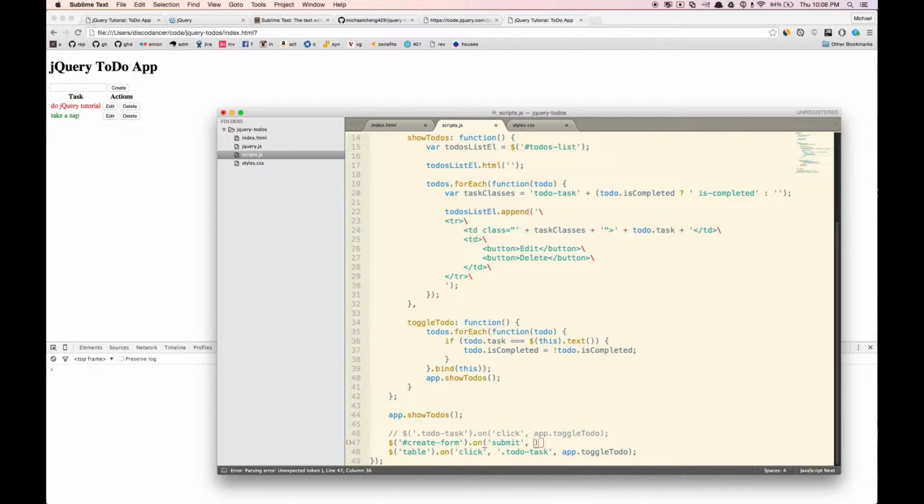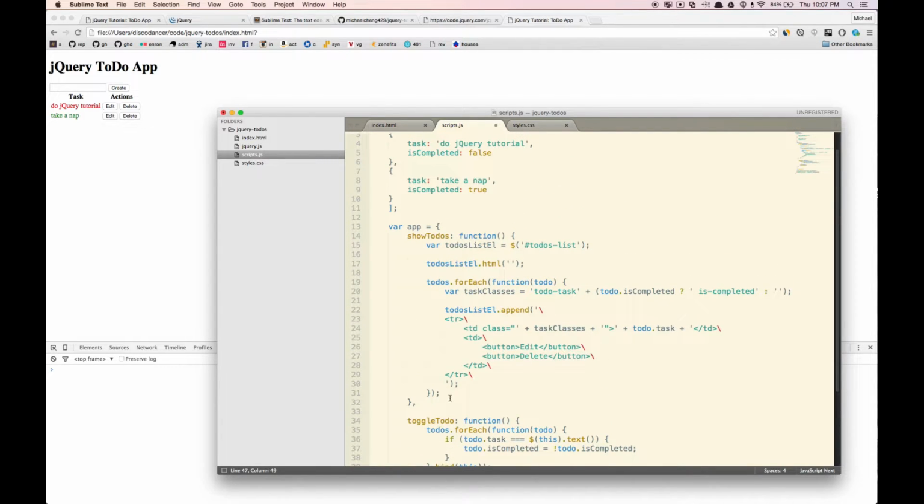We are going to, and this click handler will always work this way because this will always be here. We're never replacing it or refreshing it with anything. So we can use our original click handler syntax. And whenever we submit it, let's run a method called app.addTodo. And let's add in that method right now. So let's do